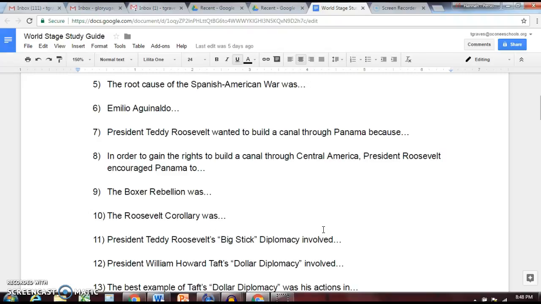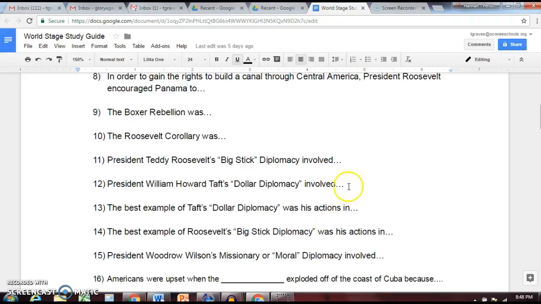He had a different idea called dollar diplomacy that involved American businessmen using their money to buy up all the businesses in foreign countries. And his idea was, if you own the businesses in foreign countries, you basically own the foreign country. Number 13, the best example of Taft's dollar diplomacy was his actions in China, where he was encouraging American businessmen,